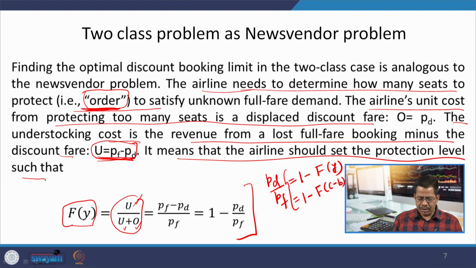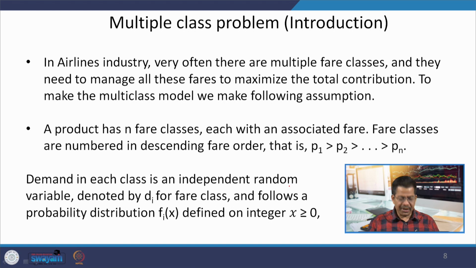So, this is another way of understanding the same concept as a newsvendor problem, because we have done that in our previous classes. Now, after understanding this two-class system, generally in our servers we may have multiple classes, and in our earlier examples, when we understood the concept of cancellations, booking control, and nested bookings, all the examples had multiple-class problems. You have various segments of customers, and you decide a particular fare for a particular class.